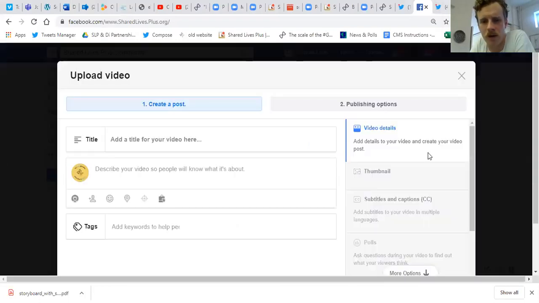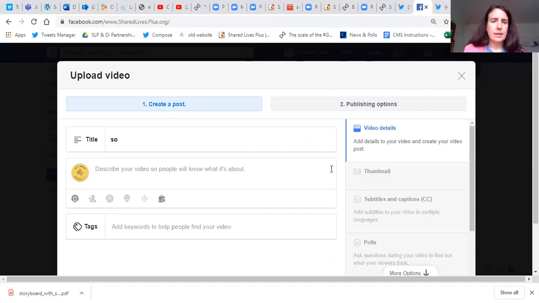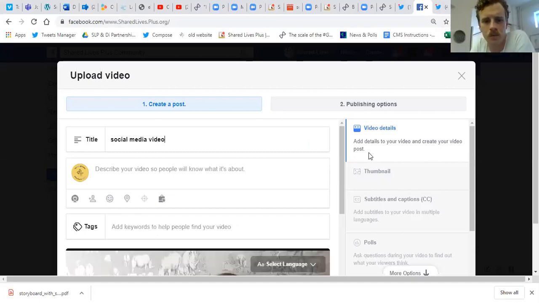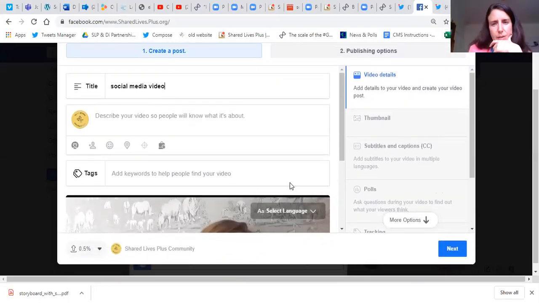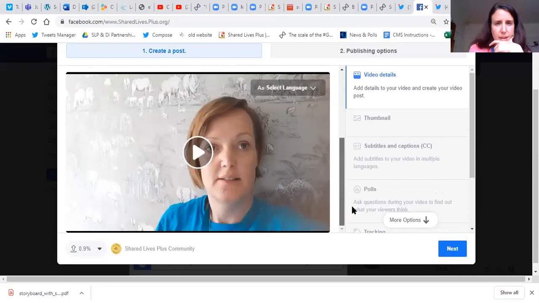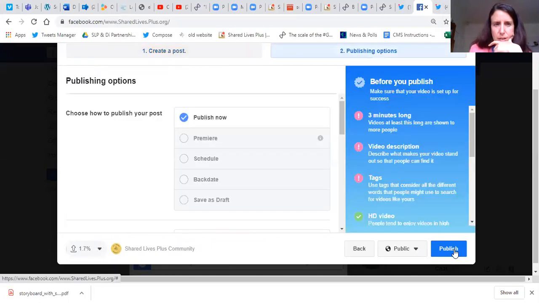It might enable you to. Yeah. I just press Control and click on both the video and the image. Press Publish. It's going to take some time to upload.